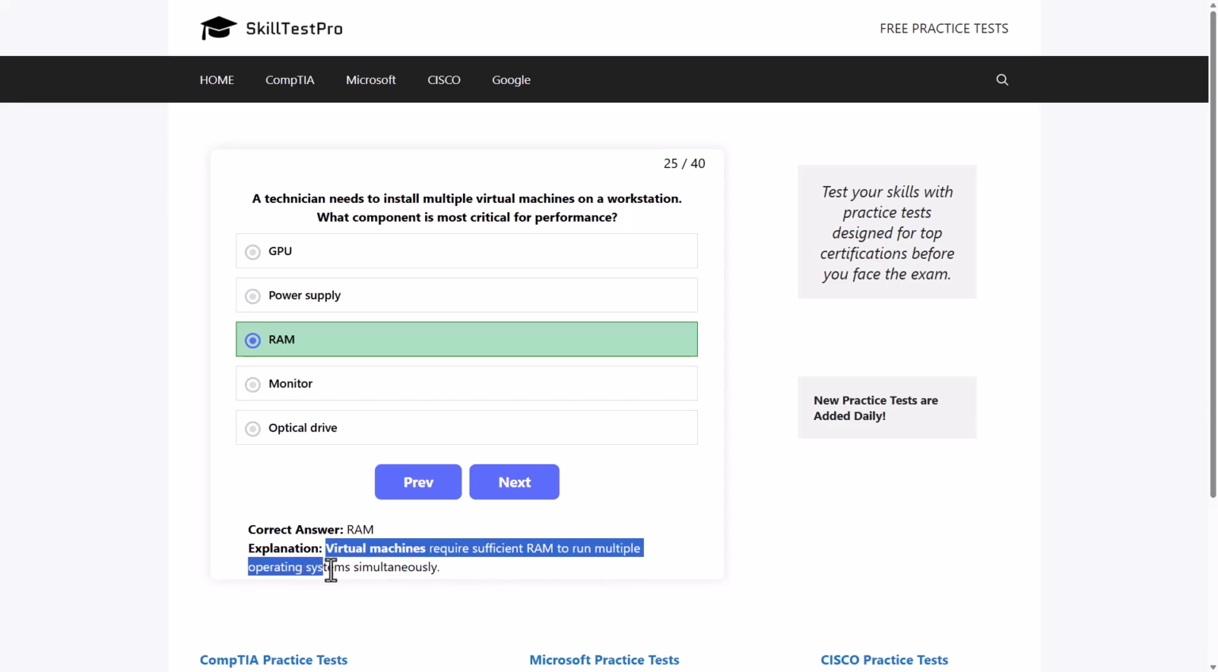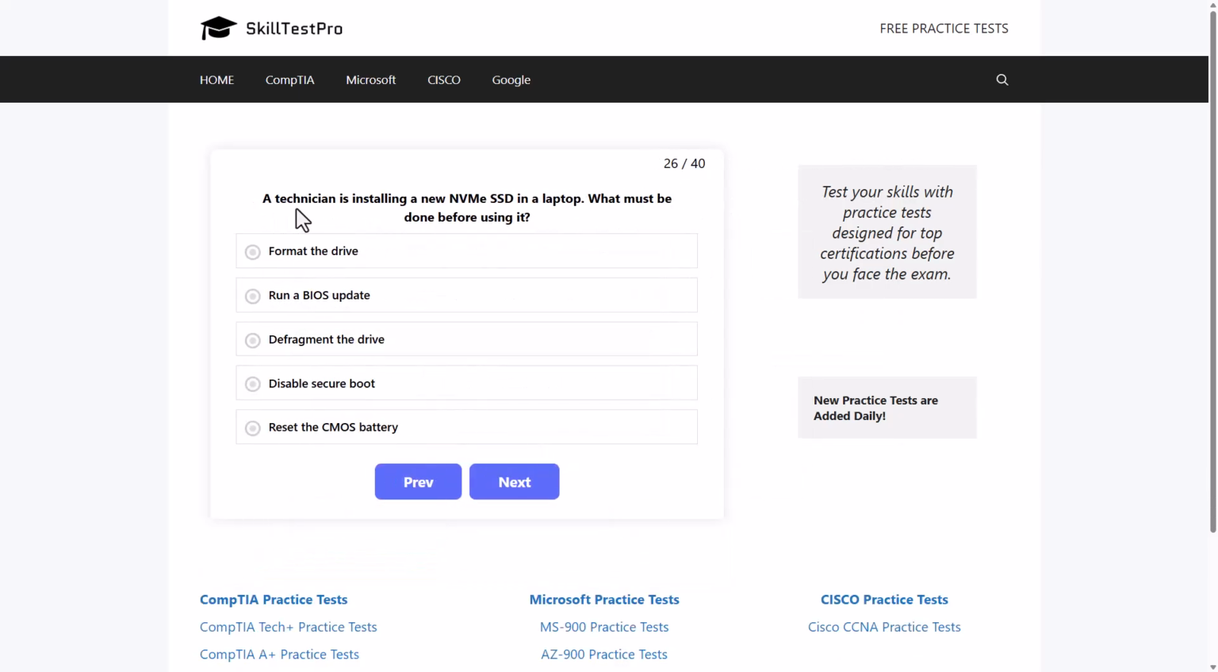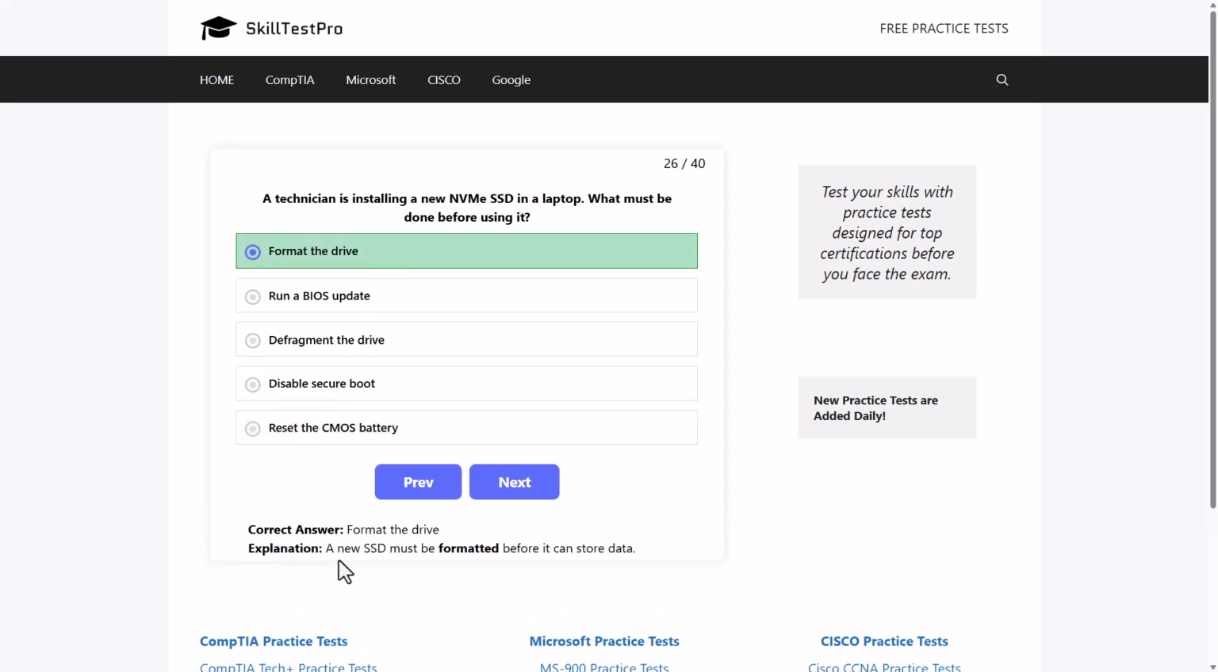A technician is installing a new NVMe SSD in a laptop. What must be done before using it? Format the drive, run a BIOS update, defragment the drive, disable secure boot, or reset the CMOS battery. And here the correct answer would be format the drive, as a new SSD must be formatted before it can